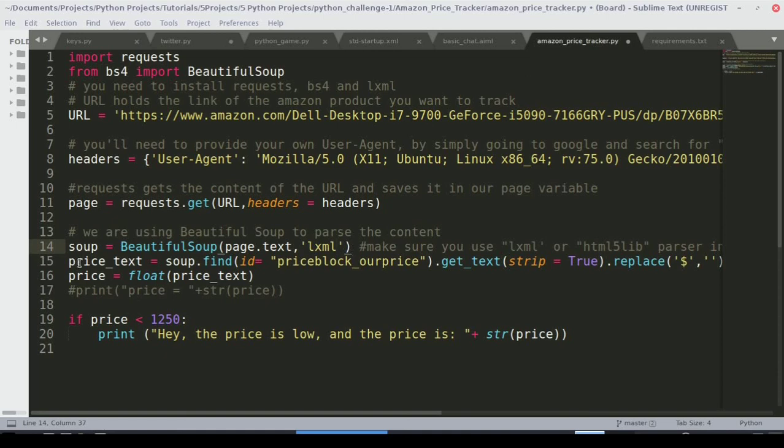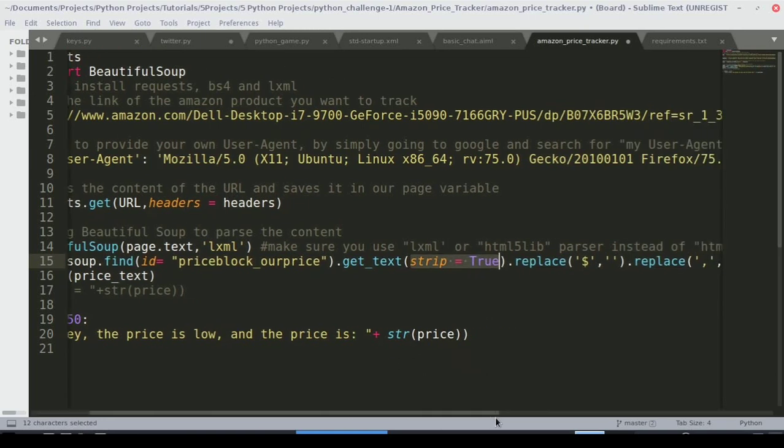So once you're done with that, Soup holds all the variables which are present in that, and we are particularly interested in the price block, our price. It will look for the price of the product in that page, and it will give you what the product is. And if there is any white space, it will strip it by using strip=True, and then